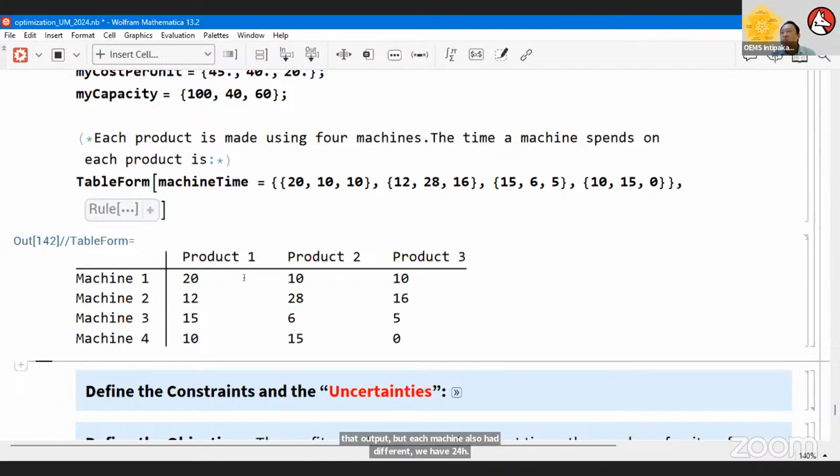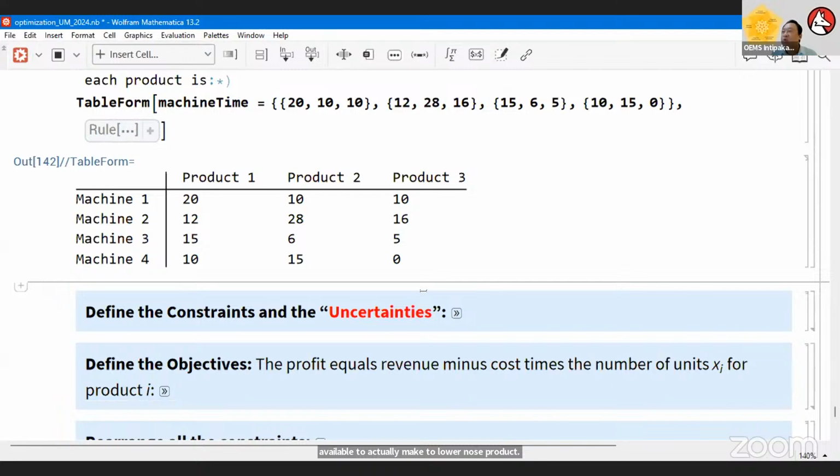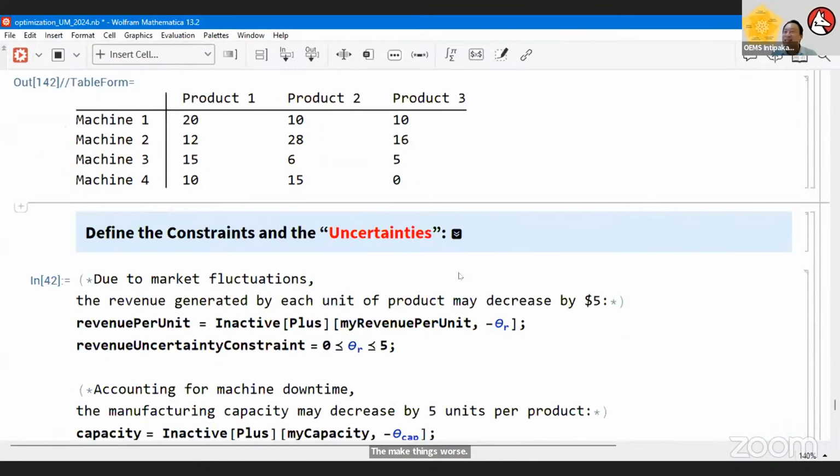Each product running through each machine has different time involved. So the question here, could we have combinations of products, not just maximizing my profit? I want to make sure that I am subject to the constraints on the machines that are available to load those products. But to make things worse, like I said, in the real world, they deal with a lot of uncertainties.